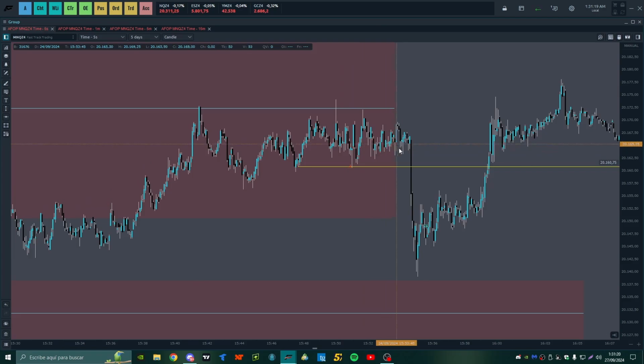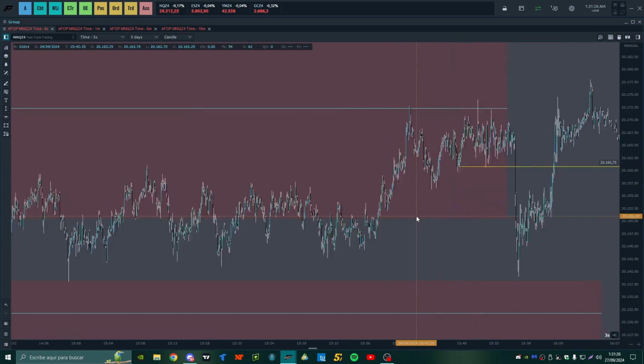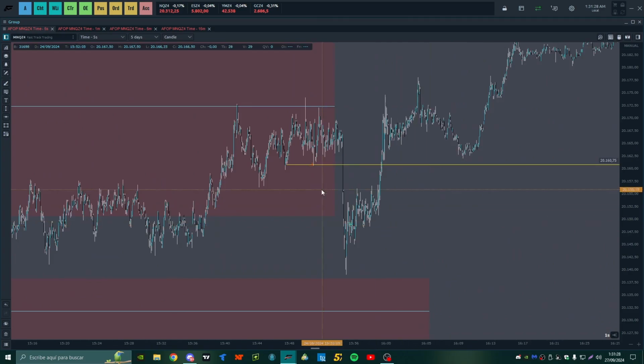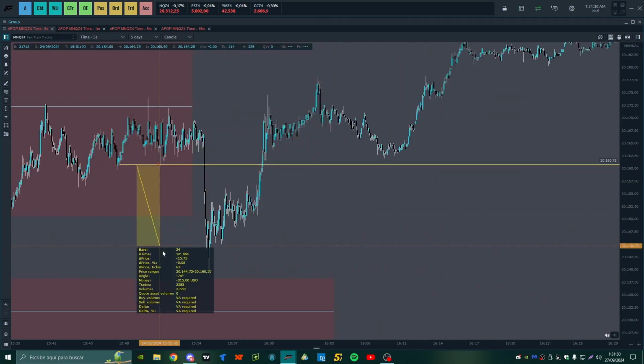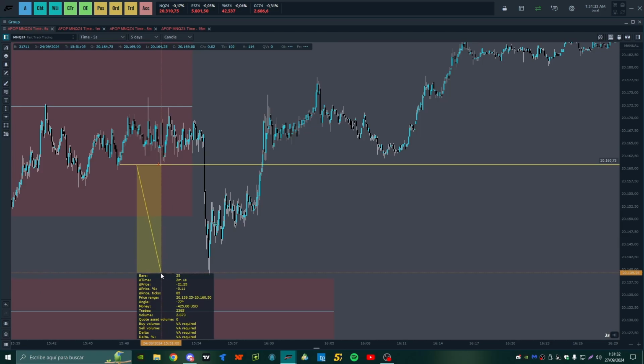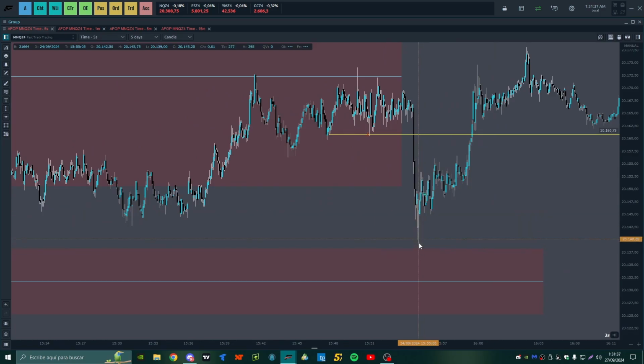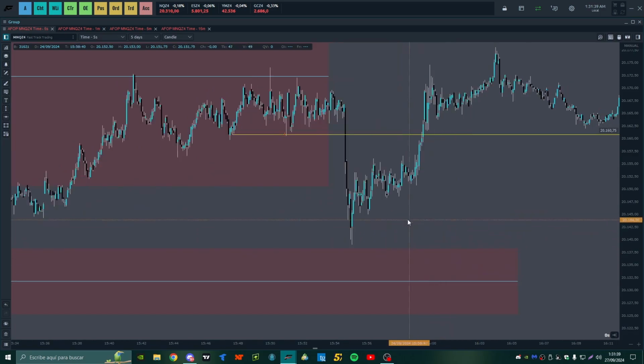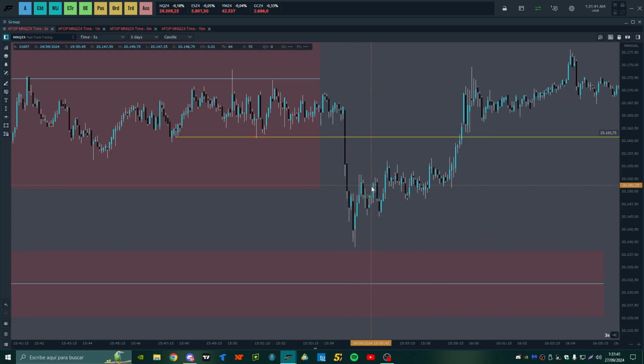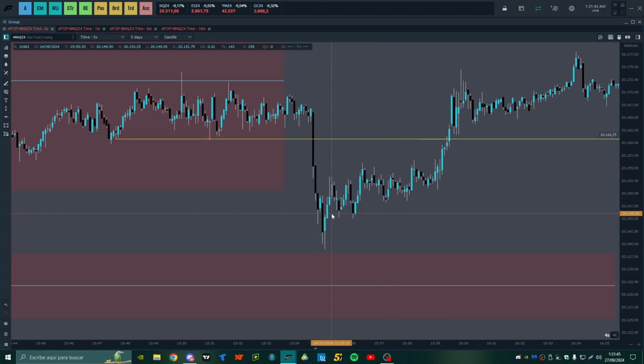So it stayed here for several minutes until the next algorithmic hour came, the 55-minute mark, and then it made the move I was expecting. This had already gone over 20 points, but I didn't close it. My target was here, and seeing how it reacted, I then trailed my stop.